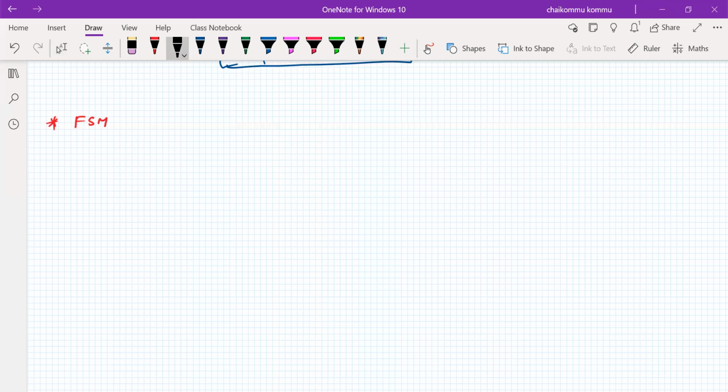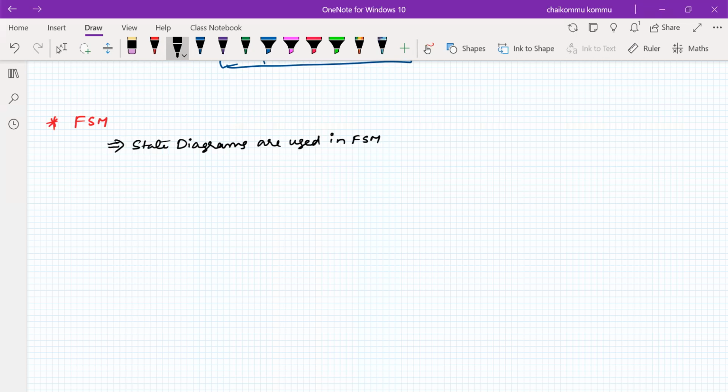The state diagrams are normally used in finite state machines.